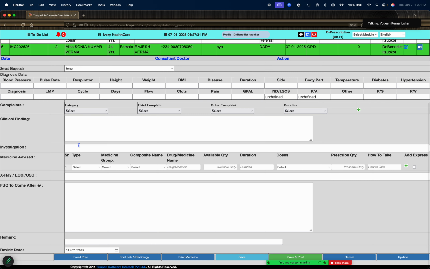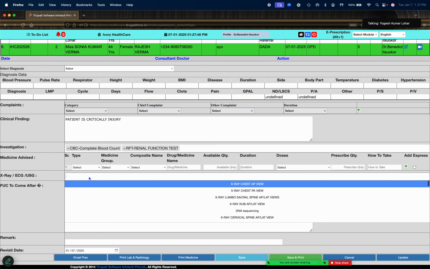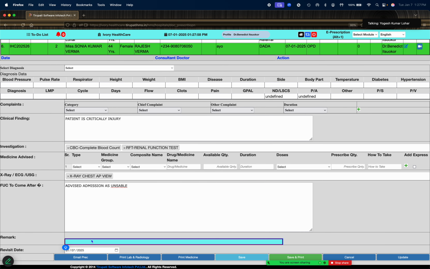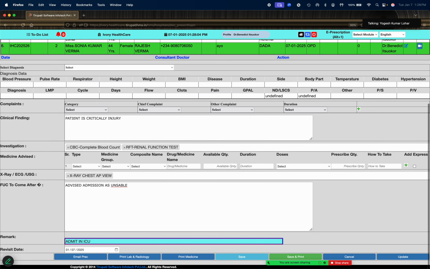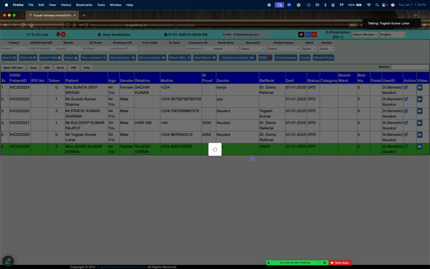Here we have the same patient, and we can write here: patient is critically injured, and advised investigations CBP, RFT like that, and X-ray services, advised admission as unstable, admit in ICU, and just save and print the prescription of this patient.